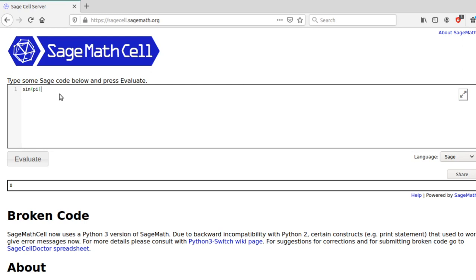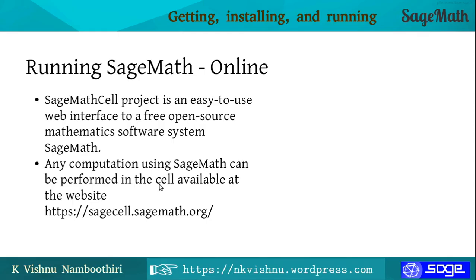If you want to try SageMath on your Android mobile, as of now it seems that there is no option to try SageMath in Android, except that you can use the browser and visit the SageMath cell server or CoCalc server for performing computations. We have explained several ways of computing using SageMath, and we feel that this has been an exhaustive demonstration on how to use SageMath in different ways.